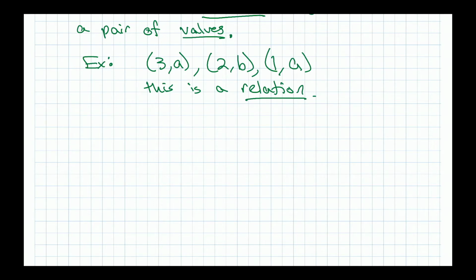Any kind of thing where you can relate two values, like the 3 and the A are associated with each other. The 2 and the B are associated. The 1 and the A are associated. And that association, you could say, those are related. 3 and A are related. And so it's a relation. It relates elements of one set, like the 3, the 2, and the 1, to elements of another set, like the A, the B, and the A. And if you do that, it's a relation. But it's not necessarily a function. To be a function, actually,